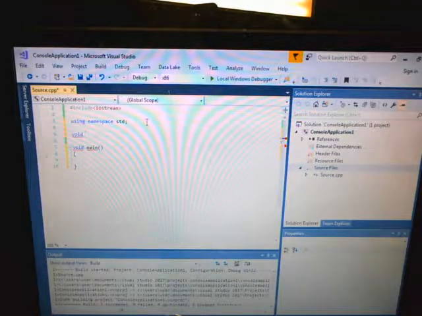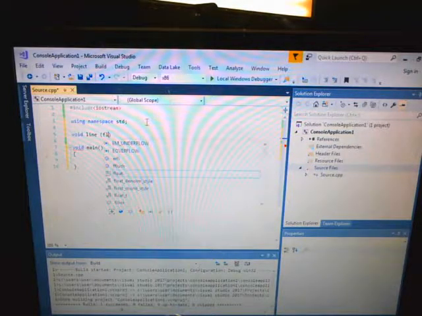What do we want to call this function? Line function, because what is this doing for us? It's finding the slope and intercept of a line. All right, I'm just going to call it line then. If we want to find the slope and the y-intercept, what do we need to send it? Two points. All right, so are those points going to be doubles or ints or floats? Probably float. All right, so float